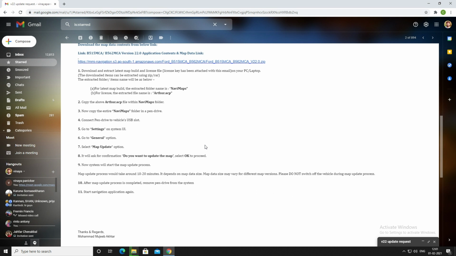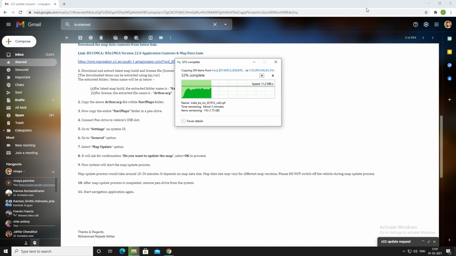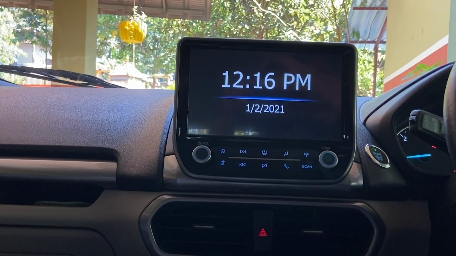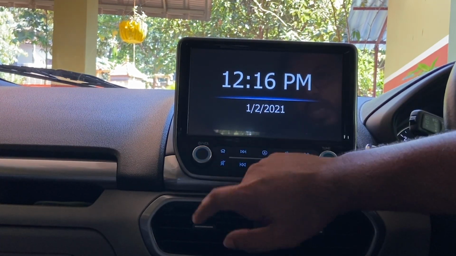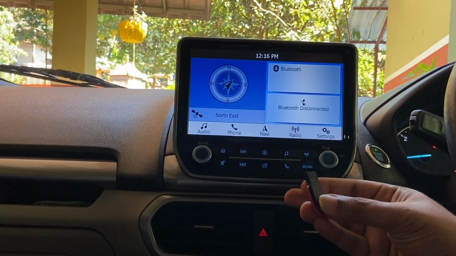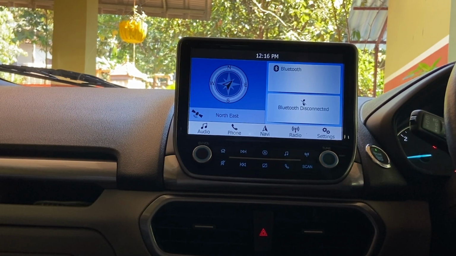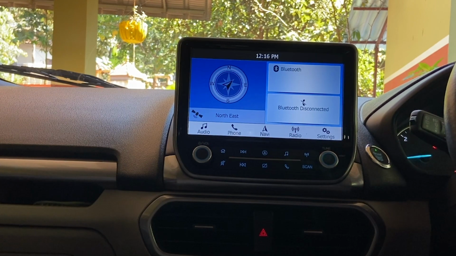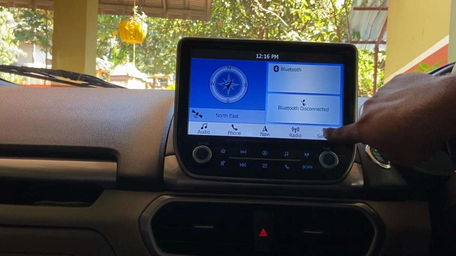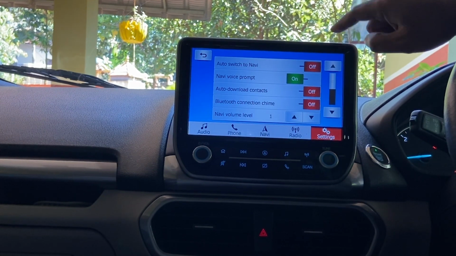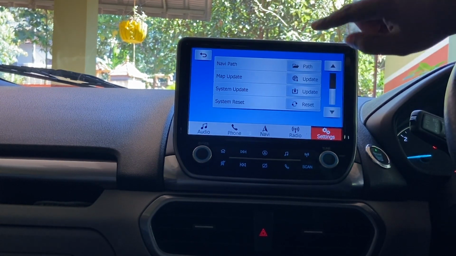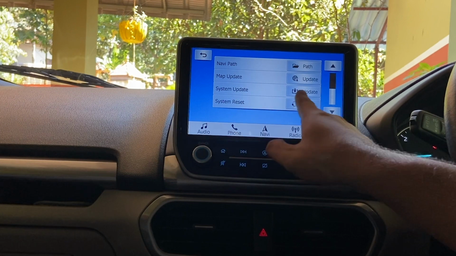Once the file is copied to the pen drive, turn on the vehicle, switch on the infotainment system, and connect your pen drive in the USB slot. Then go to settings, then General, scroll down, and you can see Map Update there.